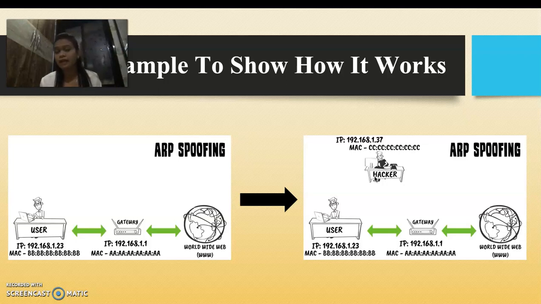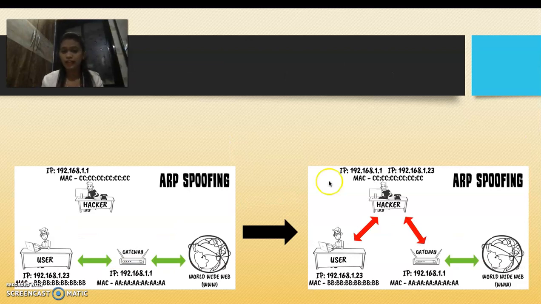He will either hack the gateway router in order to find out your personal information and all. So just continue with the second diagram. Once the hacker knows the IP address and MAC address, what he can perform exactly is he can retransmit your route. Initially you can see the direct connection was from the user, gateway and World Wide